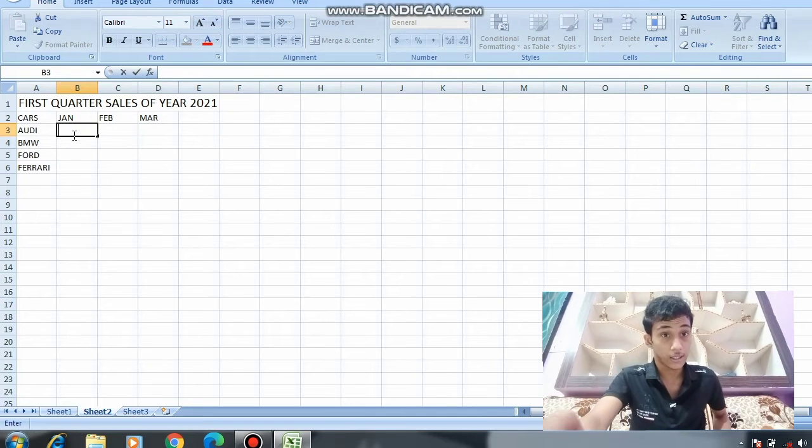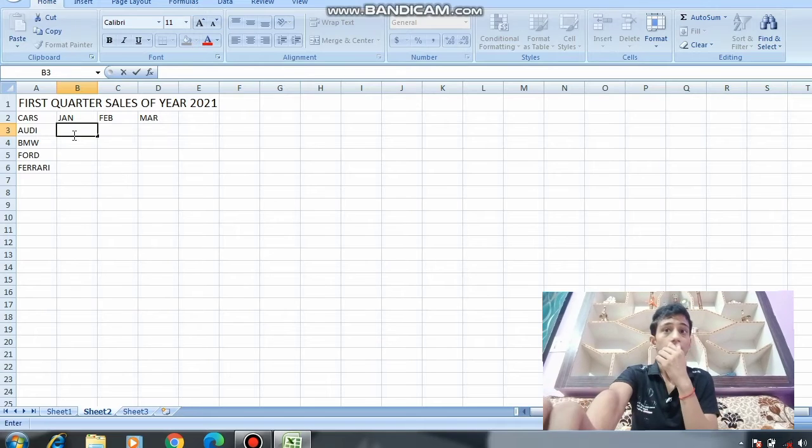We will write other numbers because we want to consolidate the data.